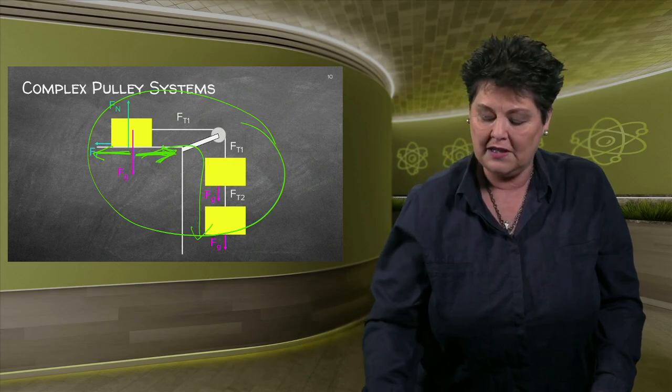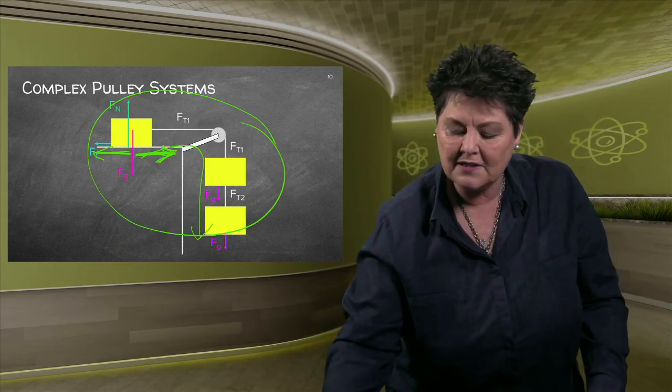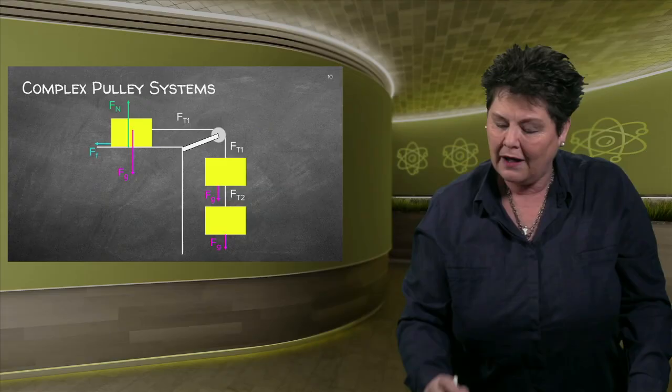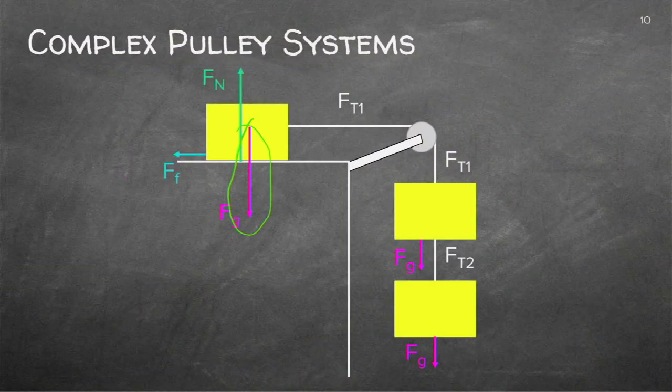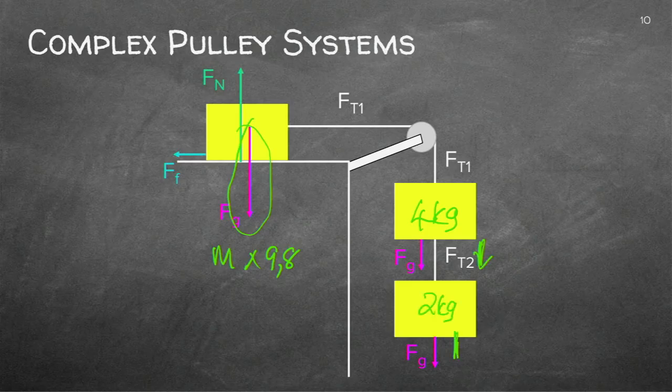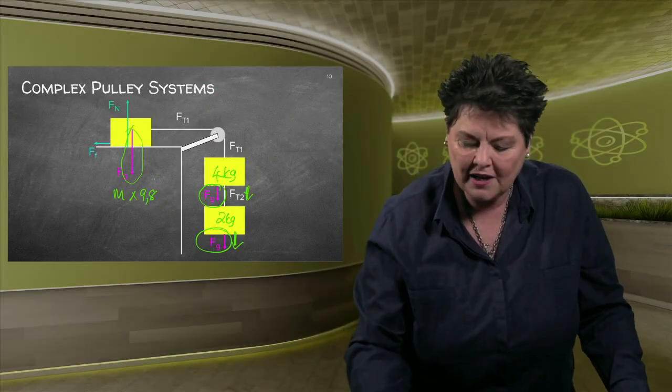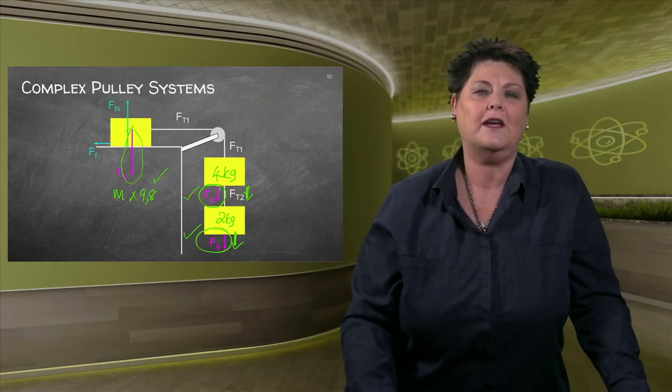Have a look at all the forces. Let's go and really have a look at the system. I want us to identify the forces first. Remember, we've done that every time. We always have gravitation. You can work that out: mass times 9.8. Guys, do that immediately. You'll in any case get marks. If I've got this mass, can I work out that gravitation? And if I've got this mass, can I work out that gravitation? So you always do that. And as I said, even if you don't know how to go further than that, you get marks by just actually working out the gravitation.